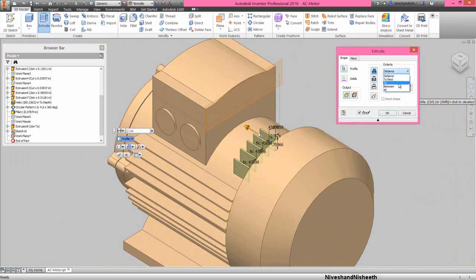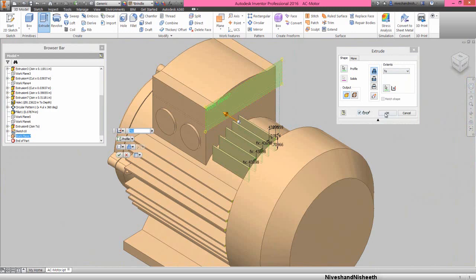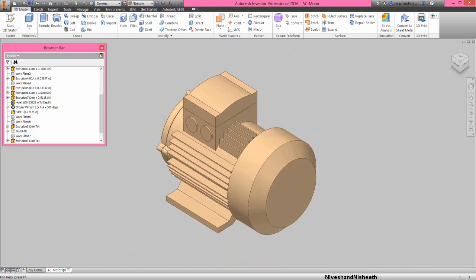Choose two options and select the work plane 7. Now see, 5 slots are visible over the top of the AC motor. It looks good.